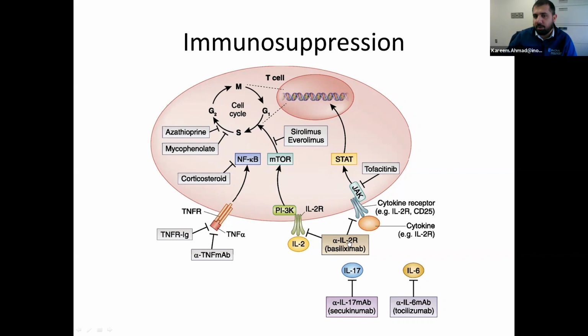Along with induction therapy, we start a regimen of 3 drugs typically. And the 3 drugs are used because they work on 3 different places in the cycle of a cell and in the DNA replication and perpetuation of the process. So the first group that you guys often and everybody knows are steroids. So corticosteroids work for this NF-kappa B, but it also